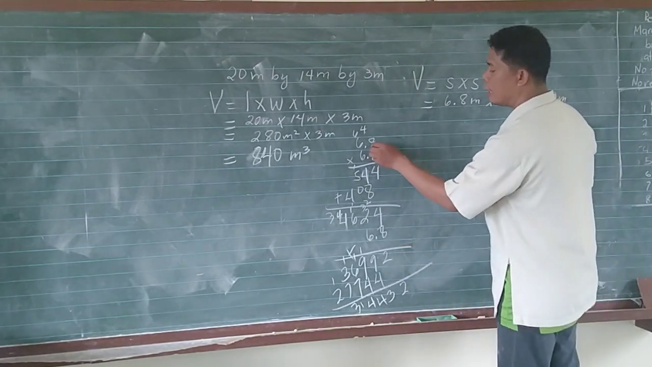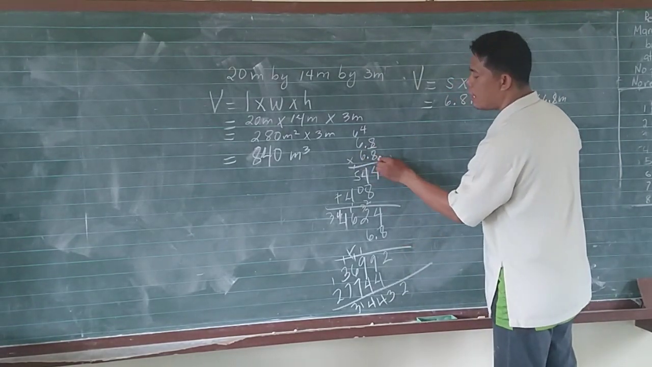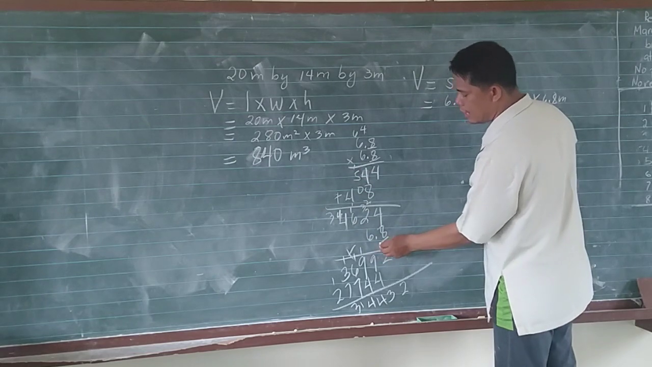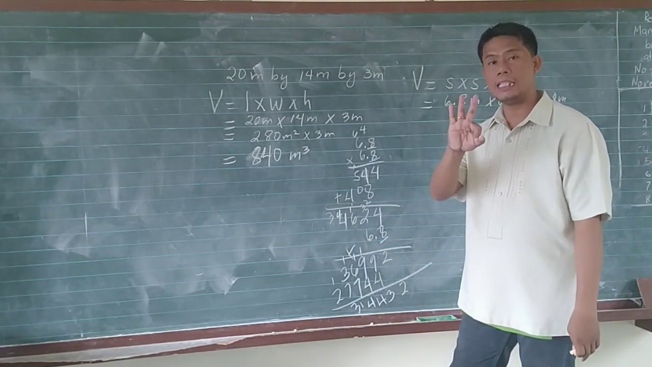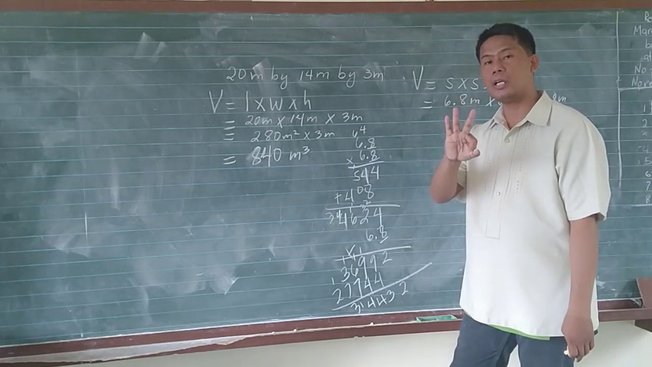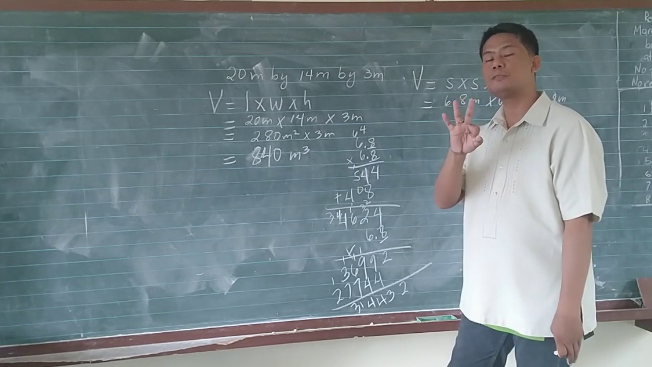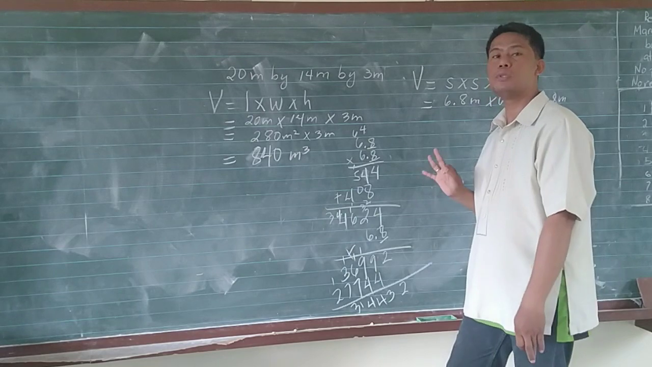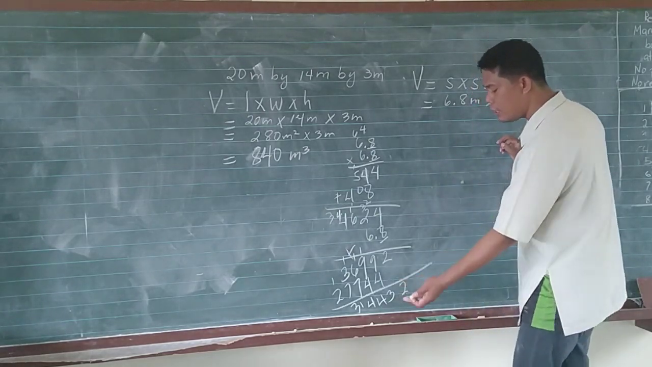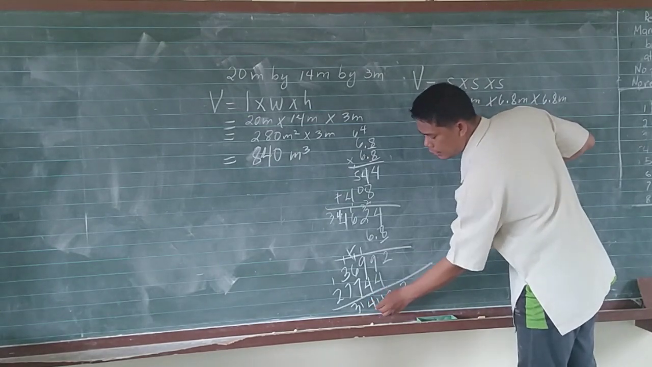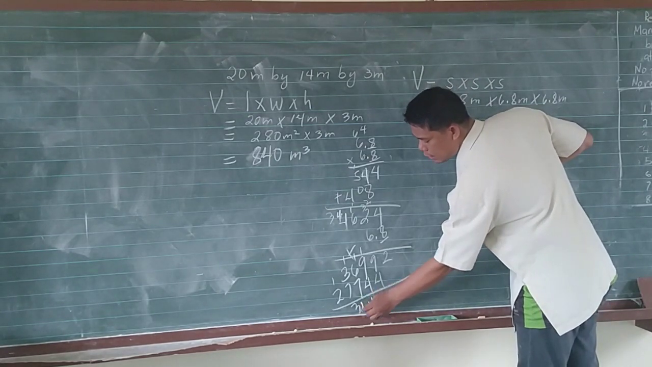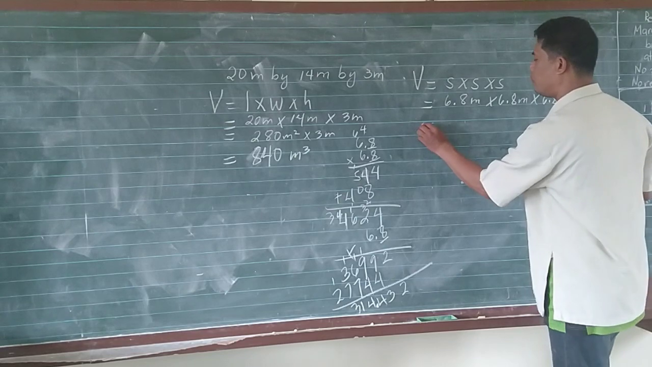So we have 1 decimal place, 1 decimal place, and 1 decimal place. How many decimal places? We have 3 decimal places. So therefore, we are going to count from the right, then we put a decimal point. So let's start here. We have 1, 2, 3. So therefore, the decimal point is between the 2 and 4. So the answer therefore is